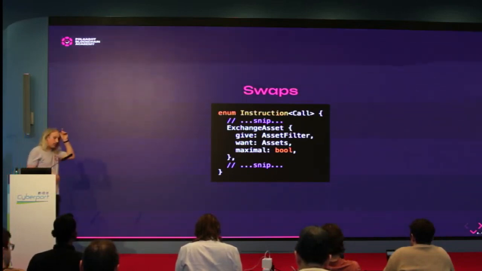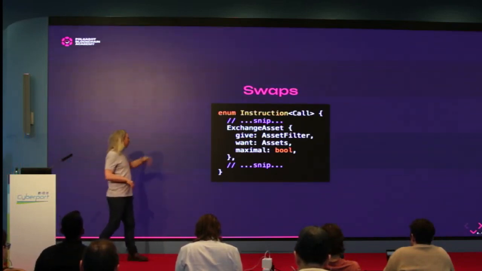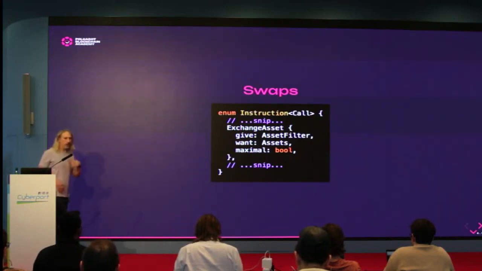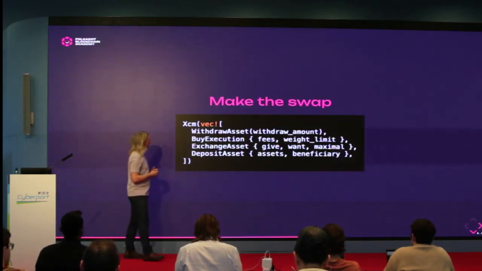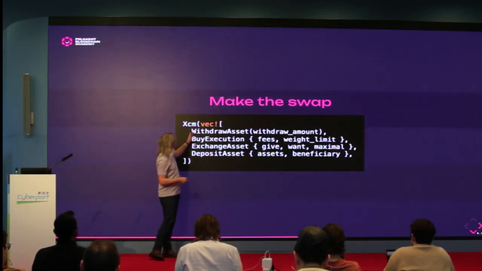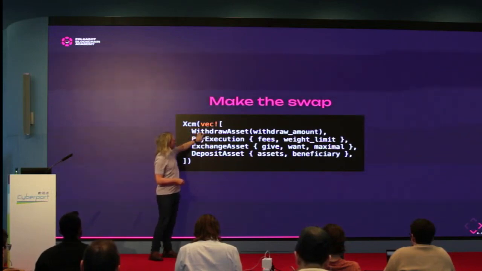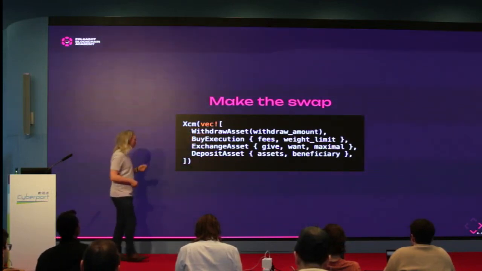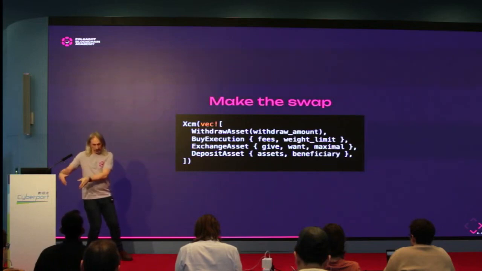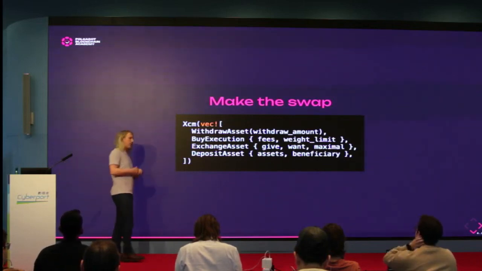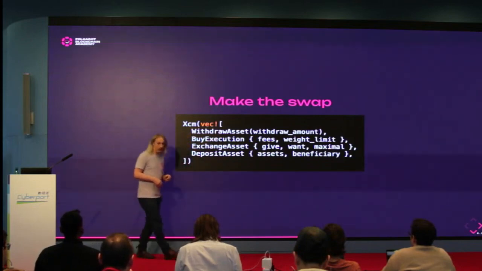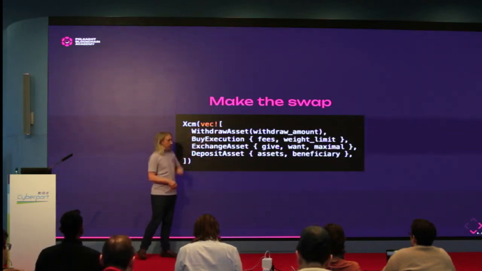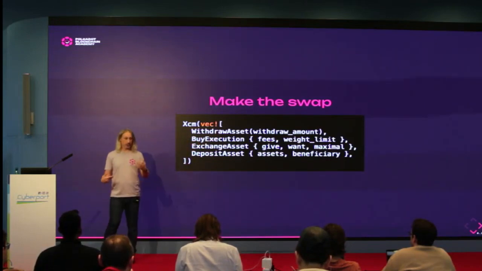And that's it. And then it's up to your chain, as the DEX chain, to implement exchange asset via a trait interface. So from the point of view of the XCM coder, what do we do? Well, we withdraw the asset. This is if we are on the DEX chain already. So if we're executing some XCM on the DEX chain, we would withdraw the asset from our account on the DEX chain, buy some execution, right? Because we have to pay to be